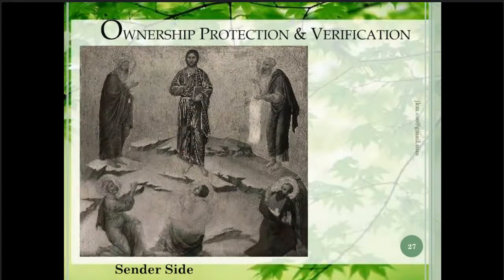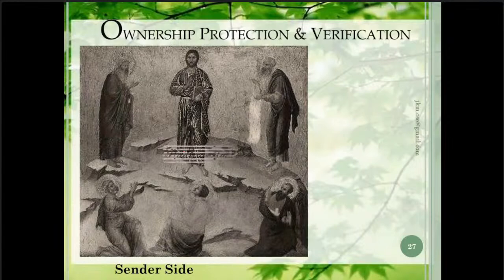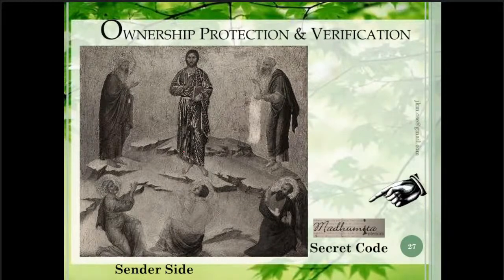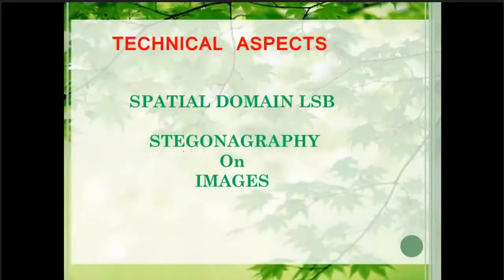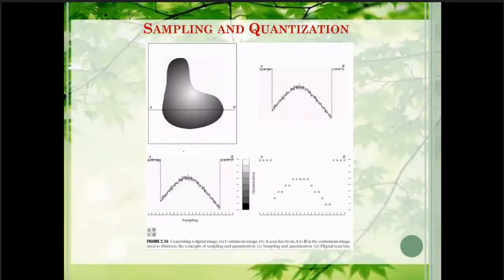So here also, you see that I'm embedding the signature into this cover image for authentication, and I am extracting it for authentication. But what is the problem? That there may be degradation of the cover image. So you have to go for some image enhancement algorithm to enhance the cover image. But my intention is to authenticate. So I can accomplish the task in the spatial domain as well as in the spectral domain. So let us consider the technicality now.